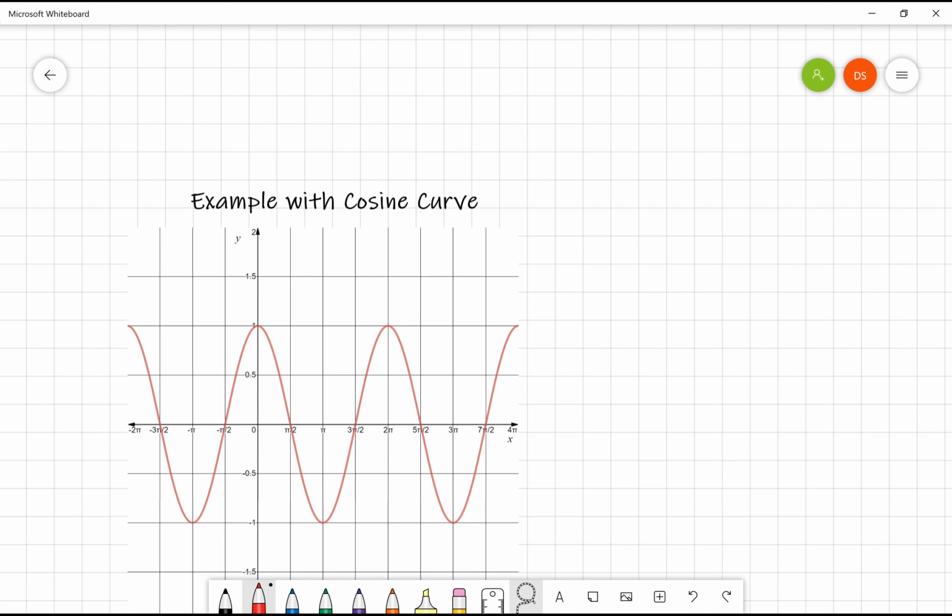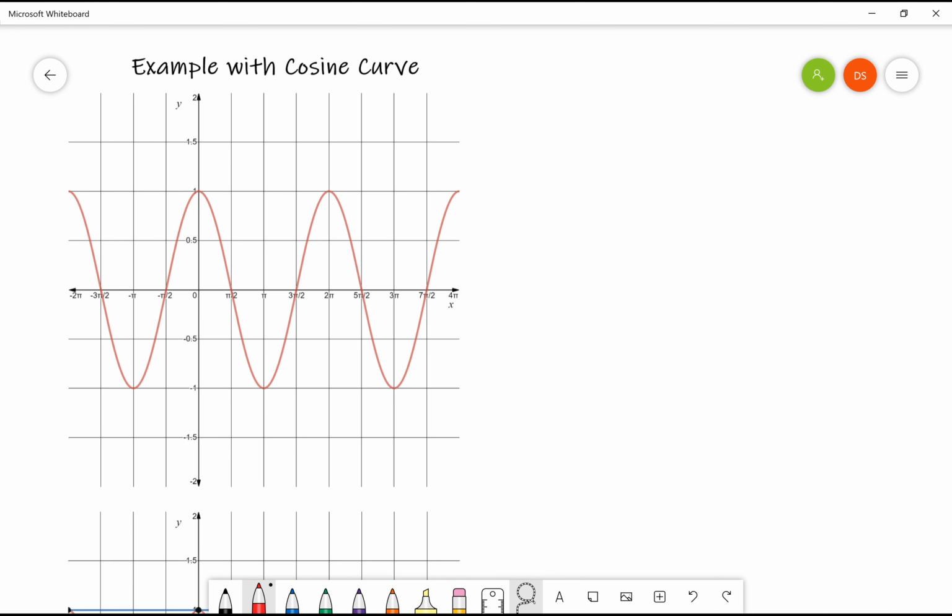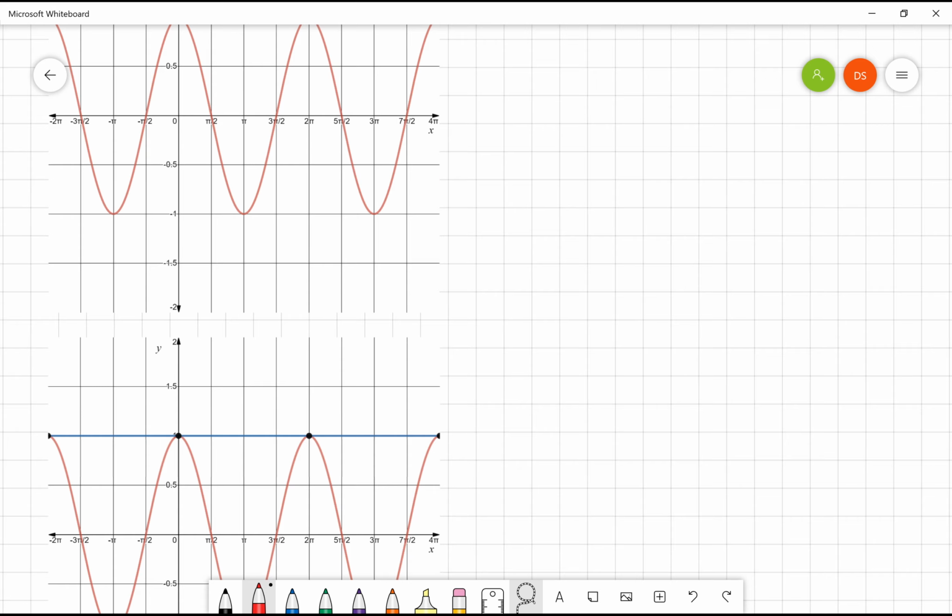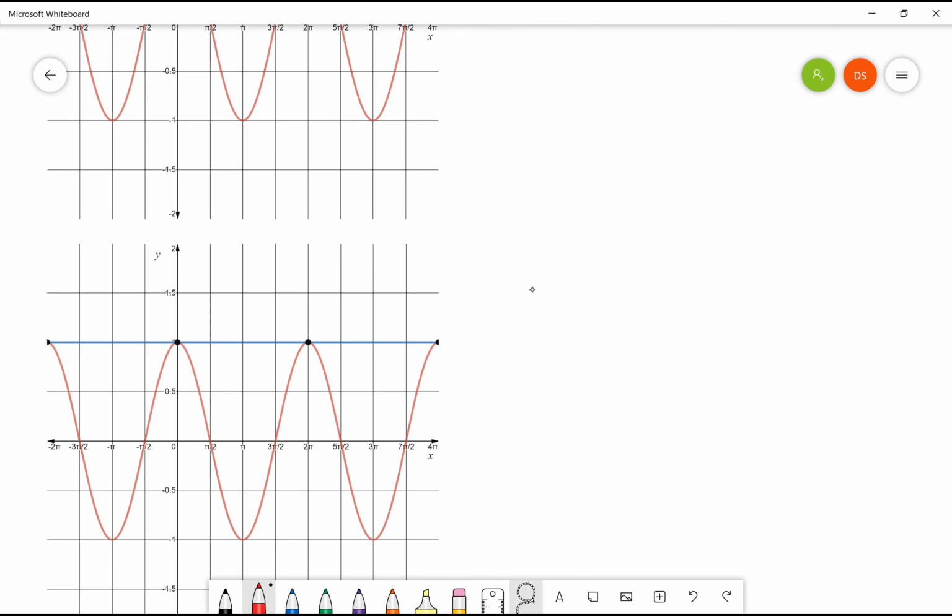Cosine is very similar to sine. It's got the same curve. And so let's see what happens. When you do a solution, say y equals cosine of x, and the blue one is y equals 1, the same as we have cos of x equals 1, cos inverse,